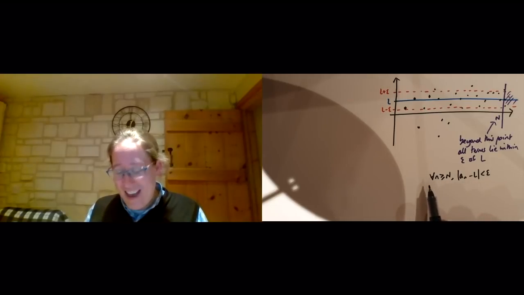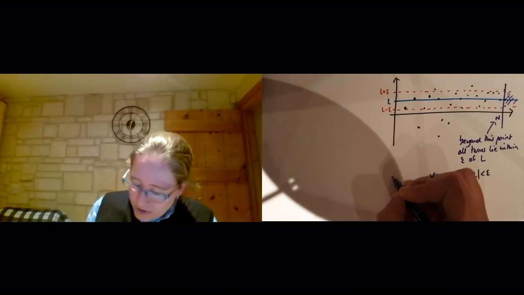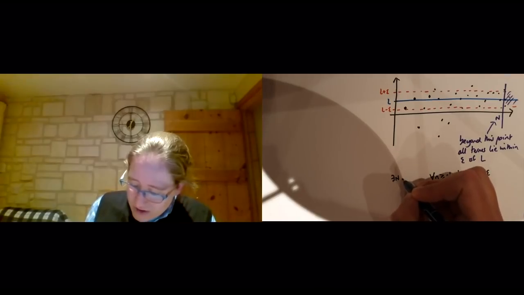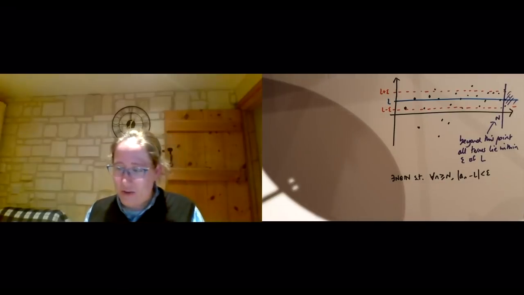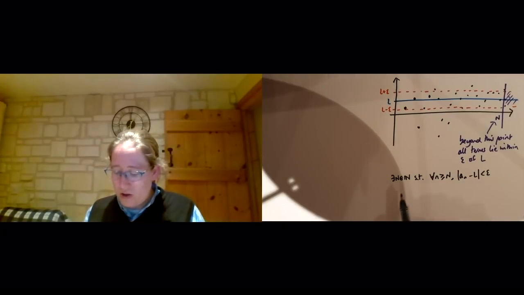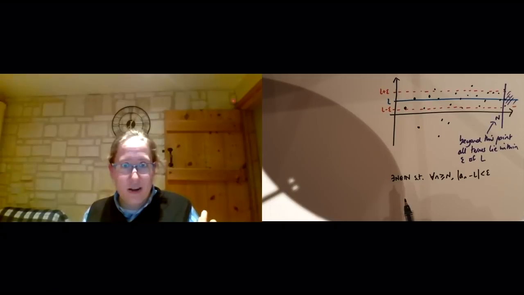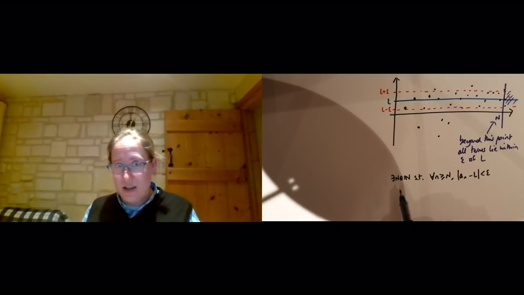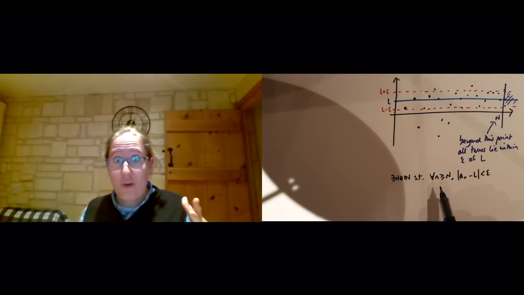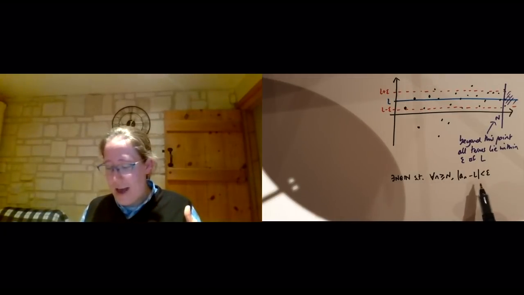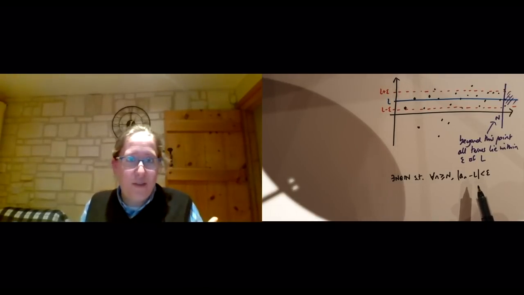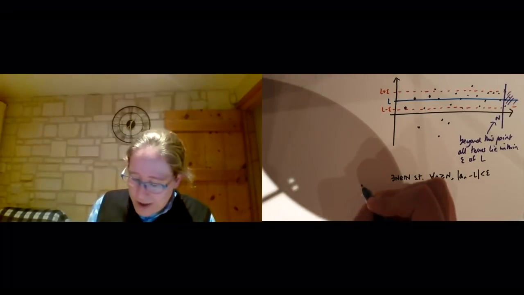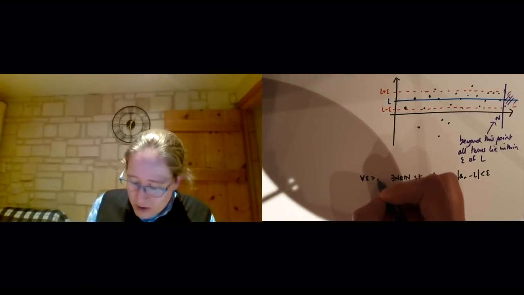And we want to know that there is an N so that this is true. So we want to know that there exists a natural number N such that, I'm just going to put ST for such that, this is true. So our evil opponent has given us their epsilon, and we want to know that there exists a natural number N, some point on the horizontal axis beyond which, for all n greater than or equal to N, a_n is really close to the limit L. How do we factor in that whatever epsilon our evil opponent chooses? Well, at the beginning of this statement, we have a for all epsilon greater than 0.